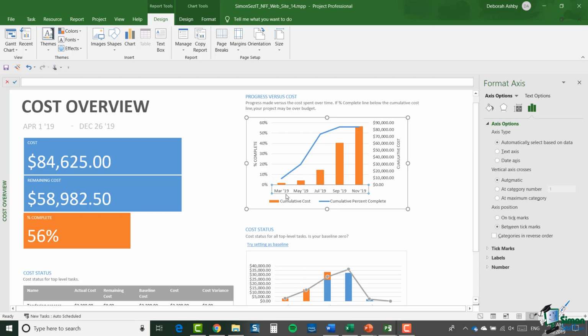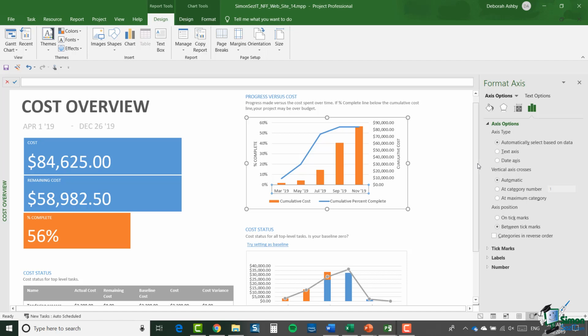And now you can see that that looks very different. We in fact have given ourselves a little bit more room, and these are now in intervals of 2 months. Now, having done that, of course, you can still go into the Format Axis and do all the things you can do to format the axis, such as colouring the text, changing the gap between the chart and the labels,